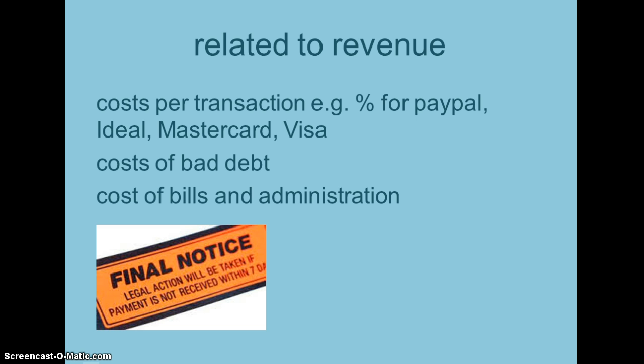You can have the revenue coming to you on paper, but if you have to chase up your money and maybe it will not come at all, that will give you extra costs, and also costs of bills and administration. These are costs related to the revenue, and they can again be different per revenue streams. Some revenue streams can have a higher risk of bad debt than others, or some of them will cause much more administration than others. So these again are things to look at and evaluate when you're filling in your business